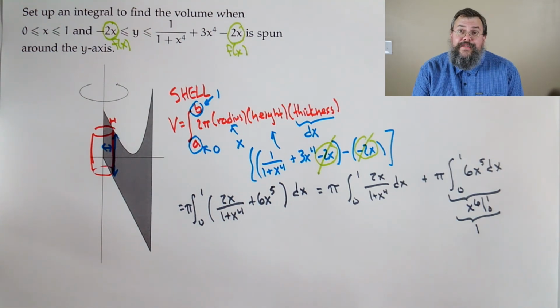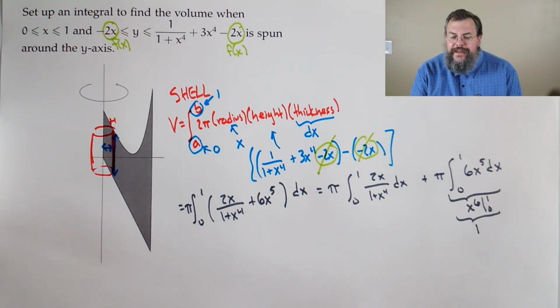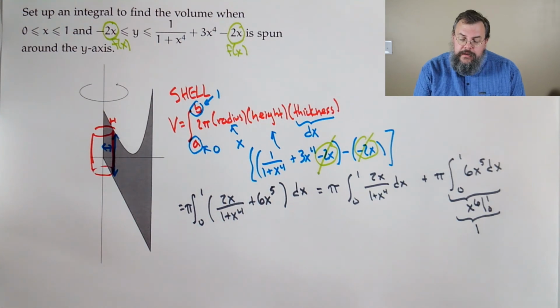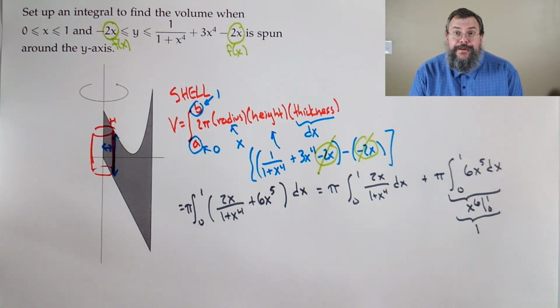2x over 1 plus x to the fourth. That one maybe not so trivial. So how do we handle that? Well, let's think. What can we do? What can we do? Well,